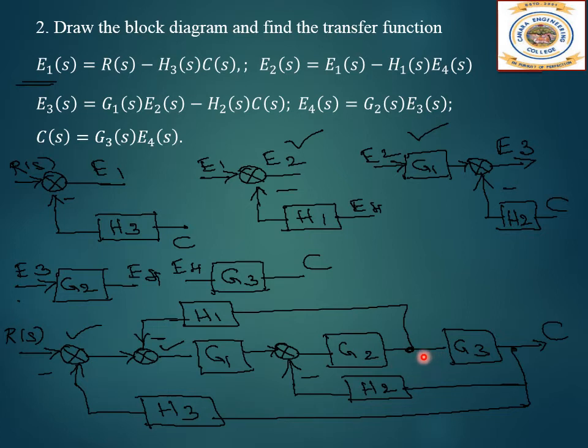So first we will do the shifting over here. So we have to shift this to this point here. So when we shift this, initially first we'll see what are the blocks. So here this is a shifting of this. So what are the blocks we have, that we will see first, so that we'll know what we have to add or what we have to remove. So here, starting from this summation point G1, G2, takeoff point, back to H1 and summation. So we have three blocks, G1, G2 and H1. We will see after shifting whether we have extra blocks or we have lesser blocks. Accordingly, we'll do the changes.